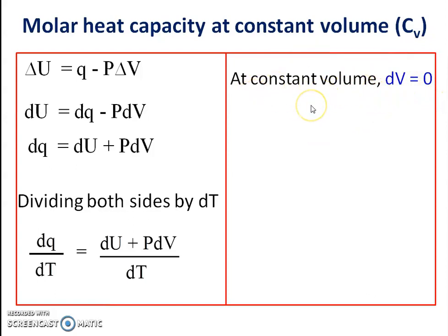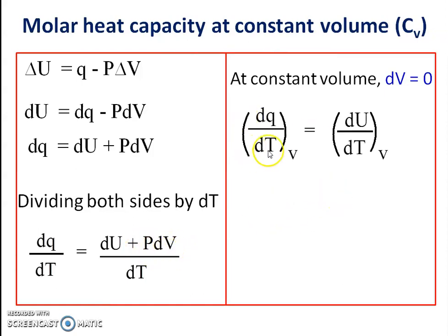For an isochoric system, when volume remains constant, the change in volume dV is equal to 0, and therefore the P dV term will be 0. Therefore we can write dq upon dT at constant volume is equal to dU upon dT